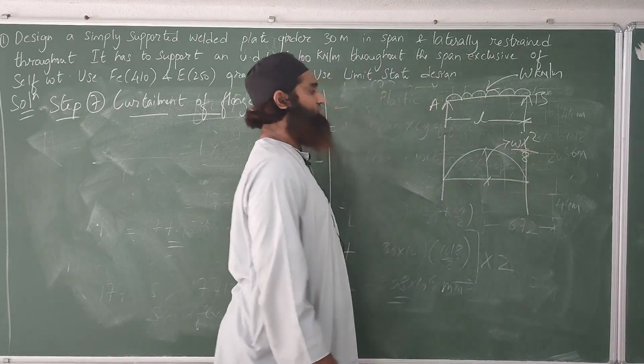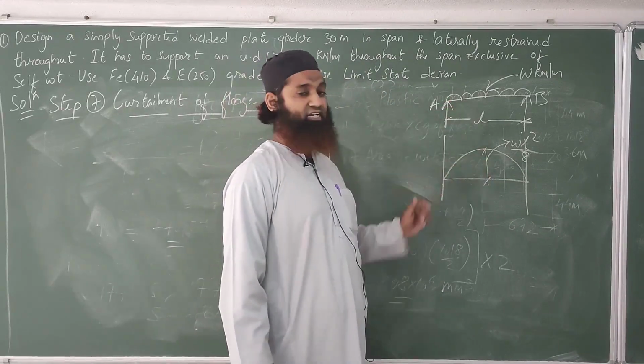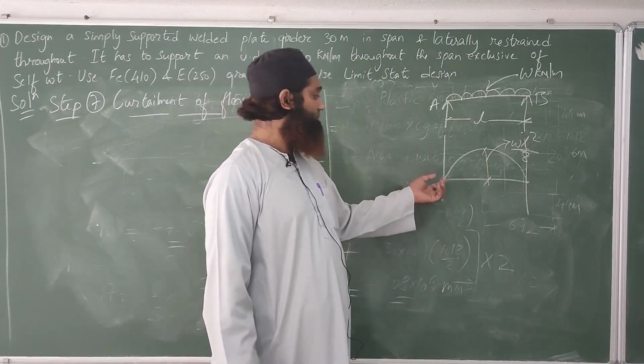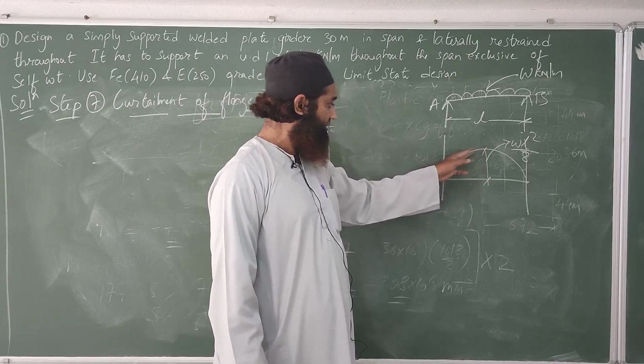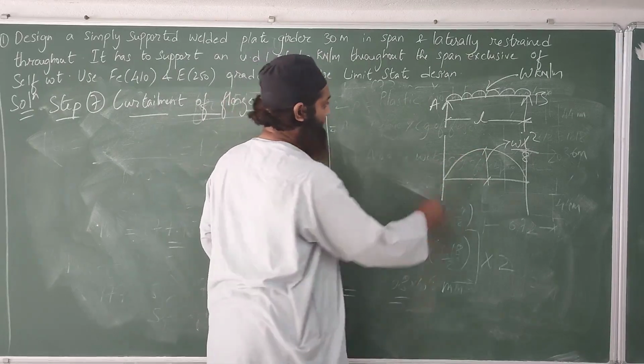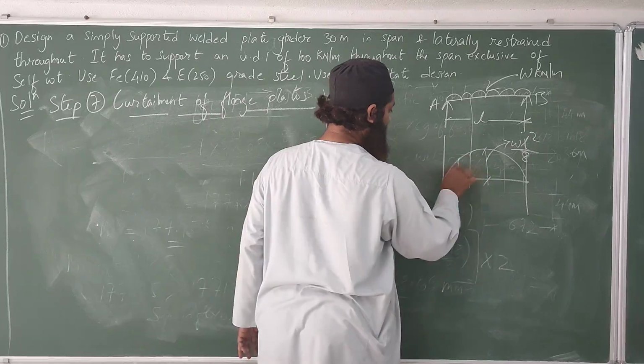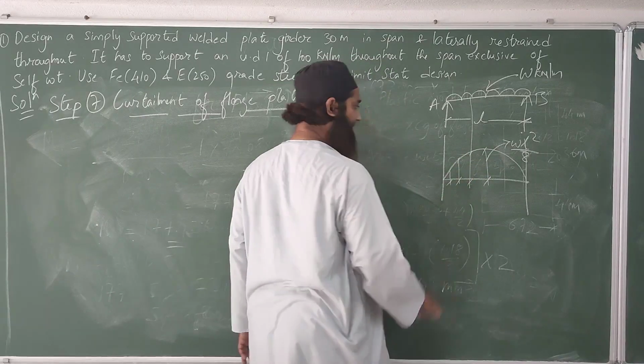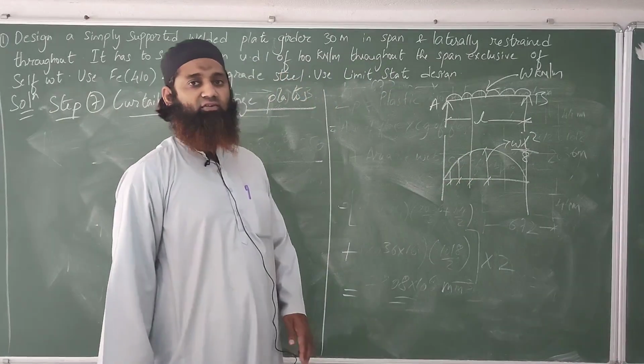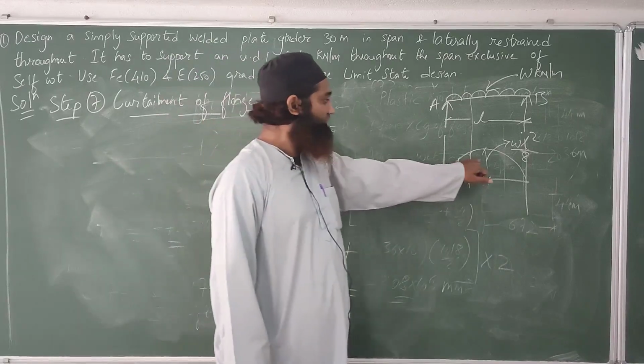As I had told you, the maximum bending moment we are getting is at the center, but that bending moment is not maximum at the corner. As it is coming down, it is decreasing. Here the bending moment is a little bit less, and here it is again decreasing. The same way, now we are designing a plate according to this moment.